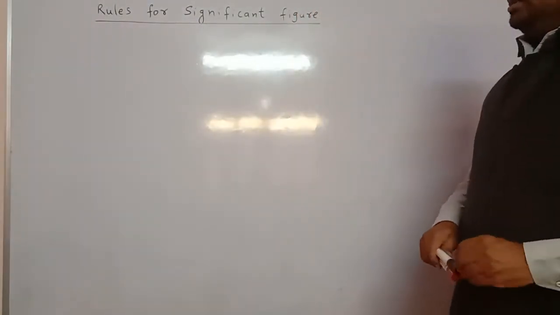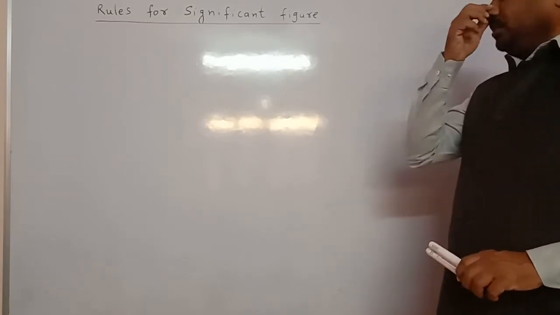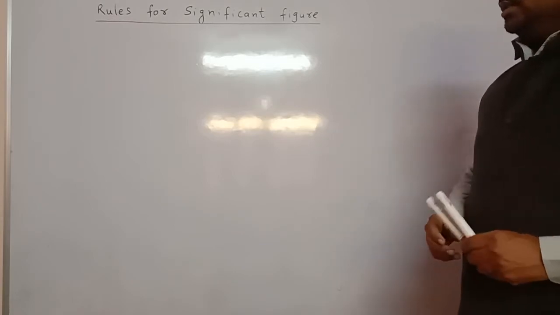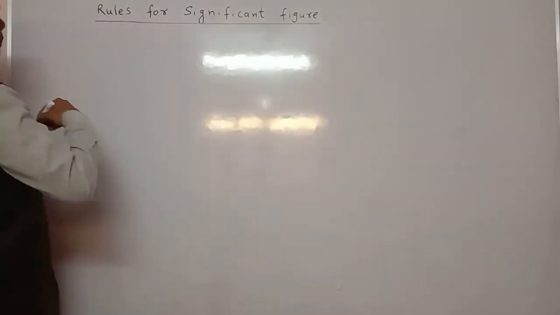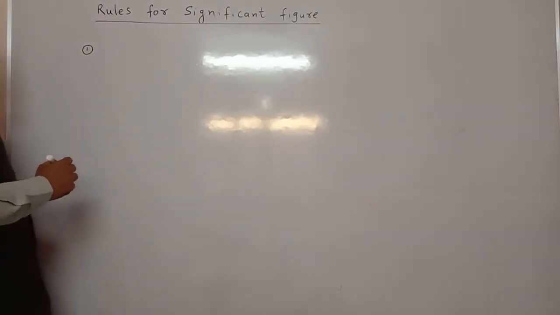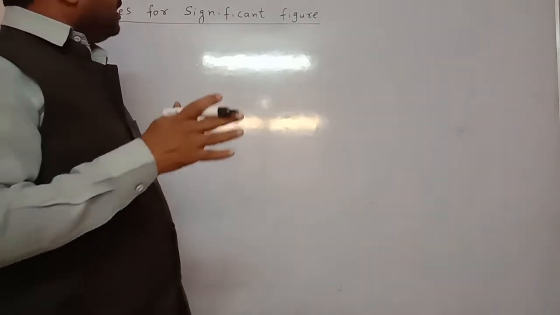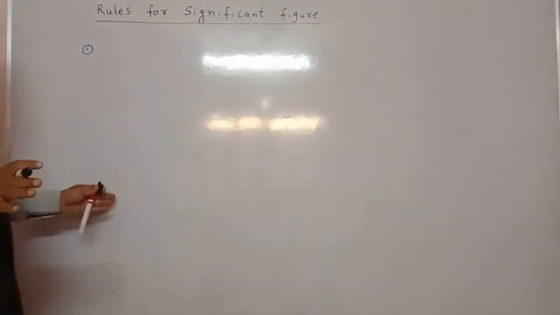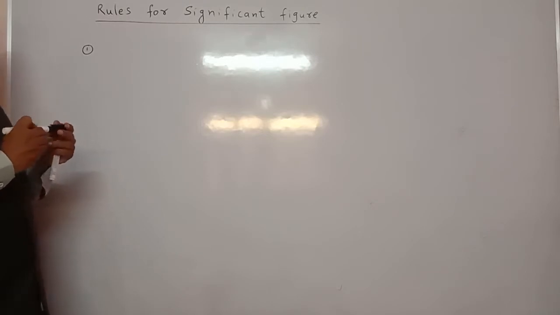Our today's article is significant figures. First of all, we must know the rules to determine the significant figures. Now let us discuss one by one. Our first rule to find the significant number is: see how many significant figures are present in the given numbers. We can decide using some rules. There are 5 rules to decide the significant numbers of given numbers.